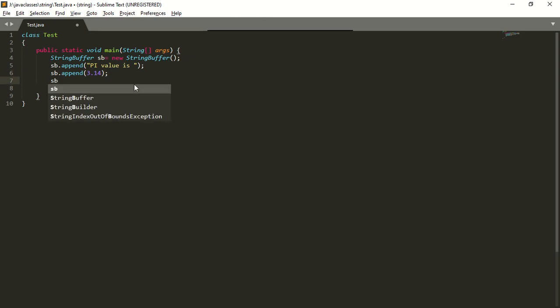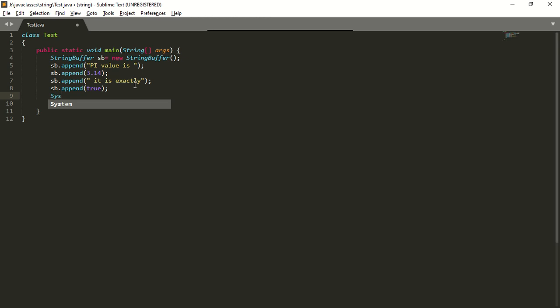Next I will take sb dot append of, here I am going to take "it is exactly". Next, once again I will take sb dot append of, here I am going to pass a boolean value, true. Okay, next I am going to print the StringBuffer, System.out.println of sb.